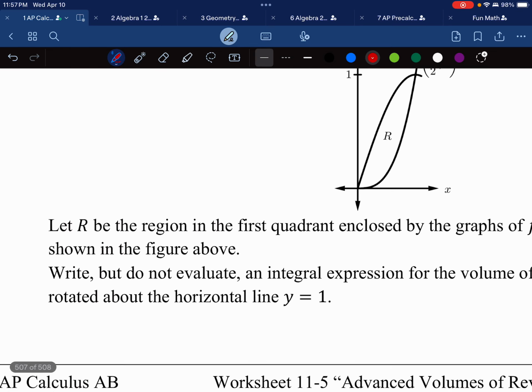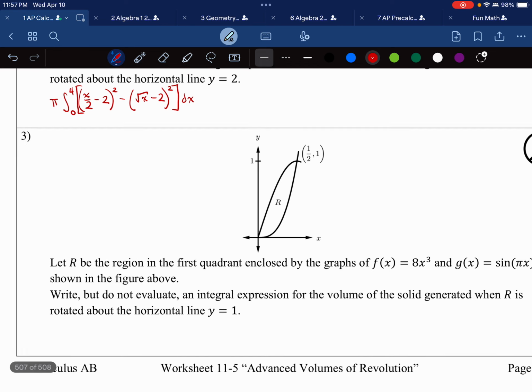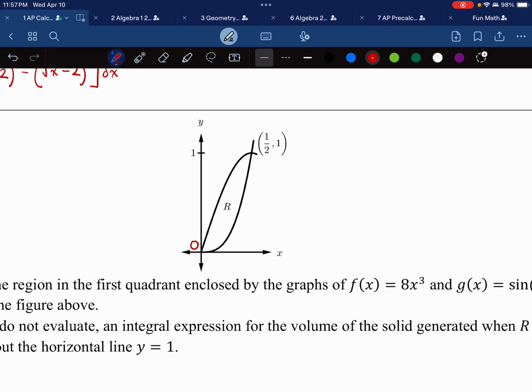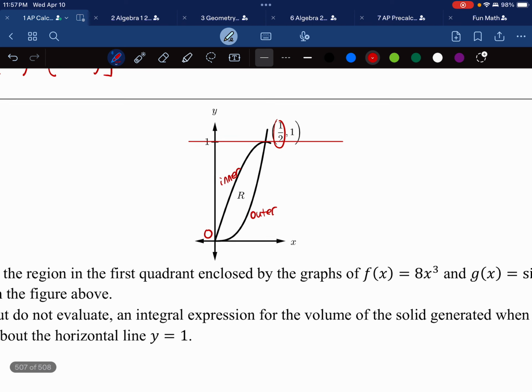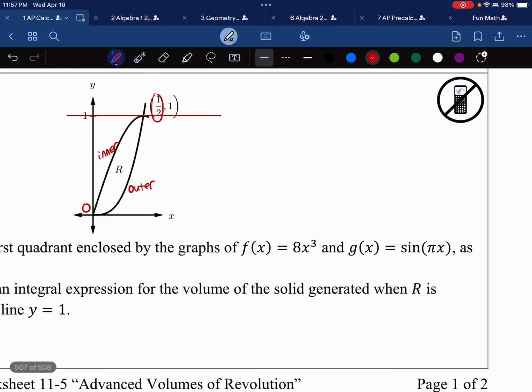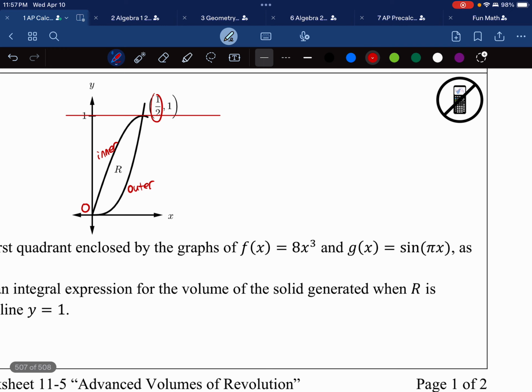All right, moving on to number 3. Again, what do we have here? We have our start bound, which is 0, our end bound, which is 1/2. We know that we are rotating around the line y is equal to 1. And then therefore our outer function is going to be the bottom function. Our inner function is going to be the top function. And let's see what that applies to. So I believe sine of x is the inner